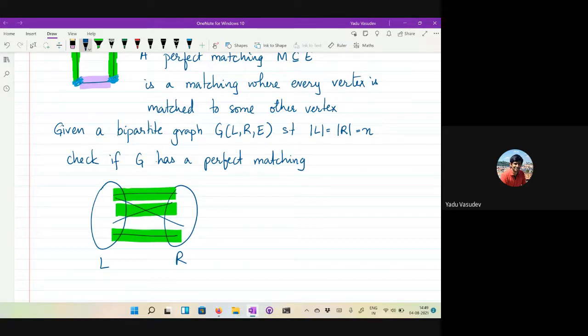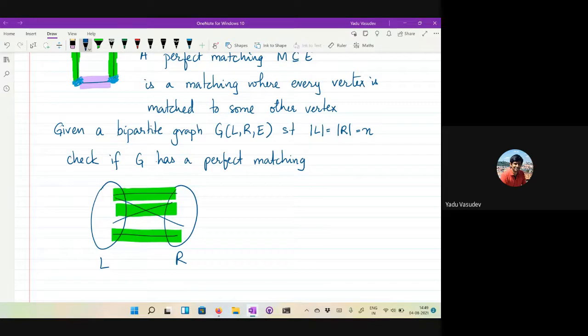Okay, and a lot of algorithms. So there is Edmonds' algorithm, and there are a lot of other algorithms known, which are very beautiful, which use very nice combinatorial ideas about graphs, about matchings, and so on. Okay, what we will see is a very simple randomized algorithm for this problem, which is going to use PIT as some sort of a black box.